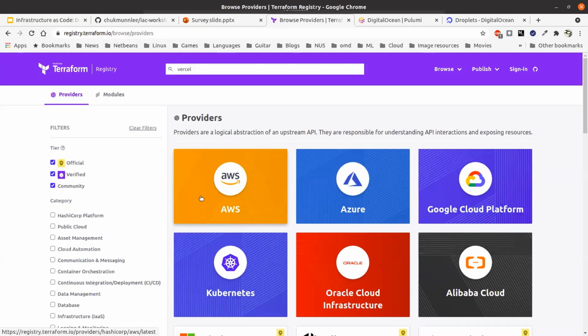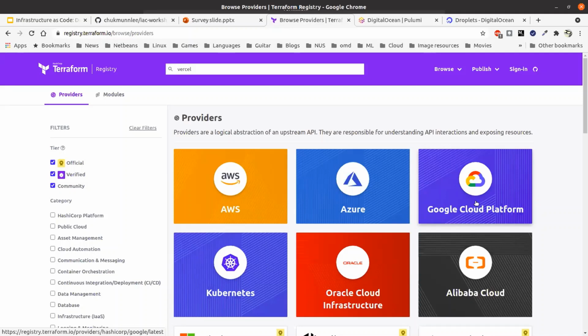And the really cool thing about Terraform is this: you could use more than one provider in a project. So for example, you could provision an RDS in AWS and have the URL of the RDS running on App Engine in GCP. Okay, so that's something that's really nice.